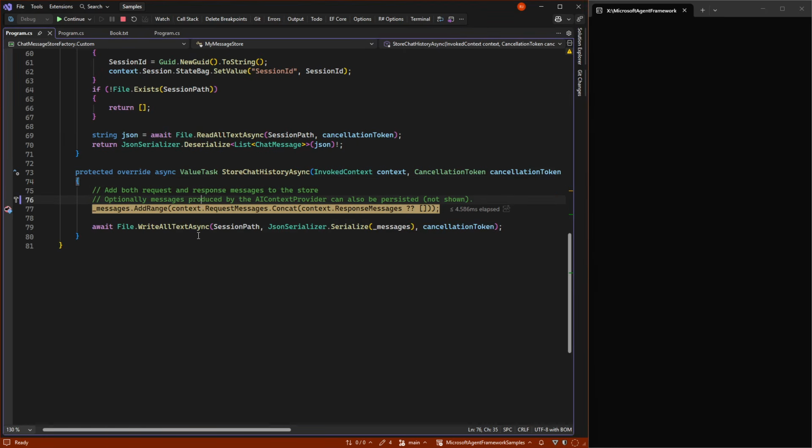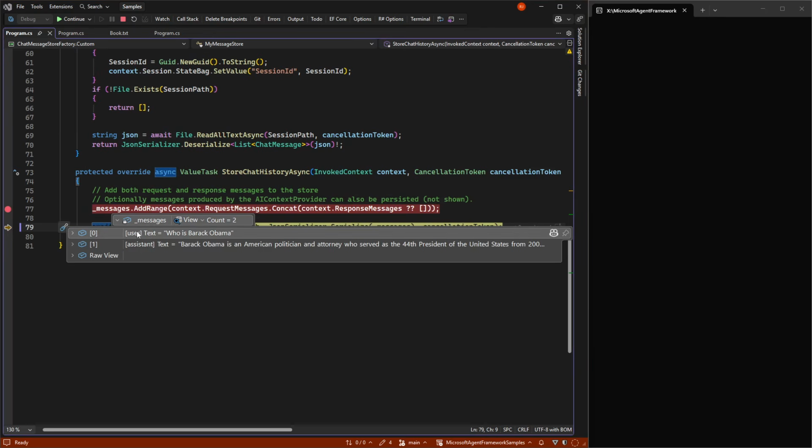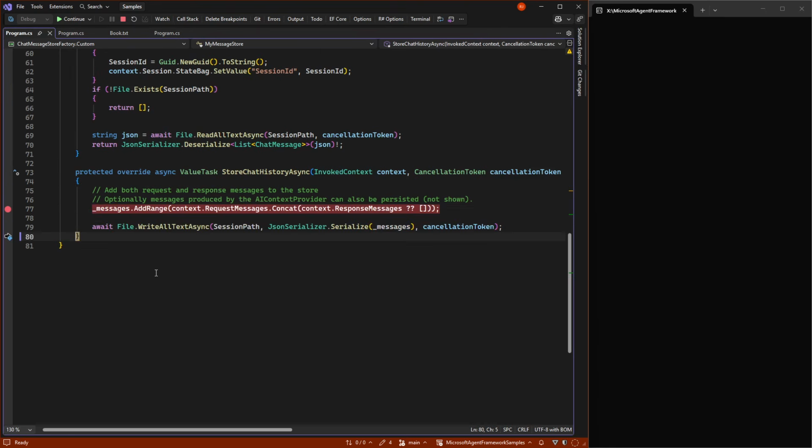So what we can do is take our request messages and our response messages and make them into a list of messages, meaning a conversation, user and assistant. And when we do that, we can just store it into our session. So essentially, we're just writing down messages, serializing them into the storage.